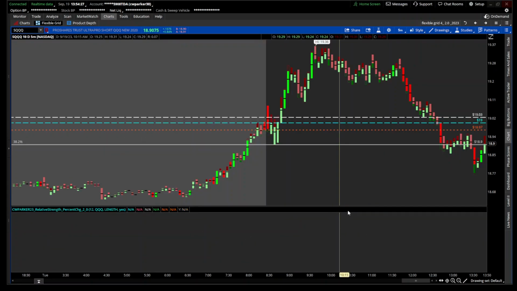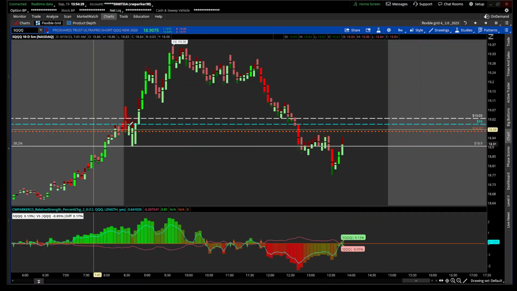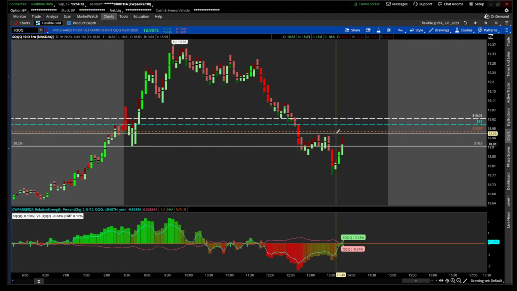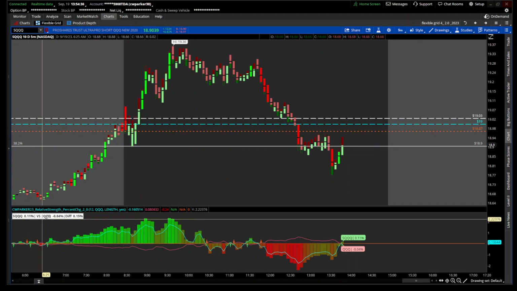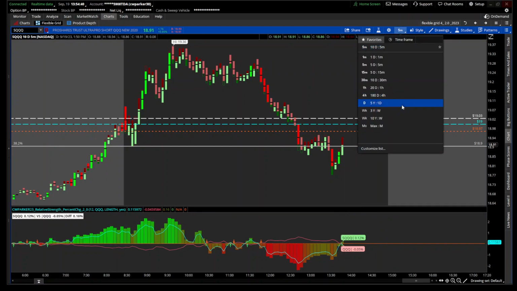But this is generally the indicator. It shows the difference between two stocks, whatever stocks you're looking at. It gives you the label SQQ, whatever stocks you're looking at. And if I push up to a higher time frame,